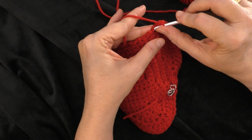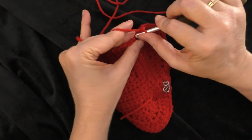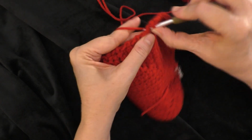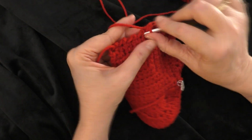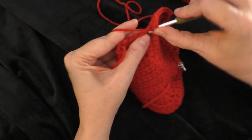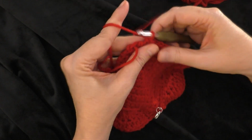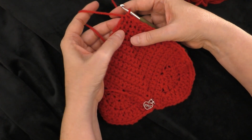So 1, 2, 3, 4, 5, 6, 7, 8, 9, 10, 11, 12, 13, 14, and 15. Okay, so now we are at the tip of our heart where the adjustable ring was, and